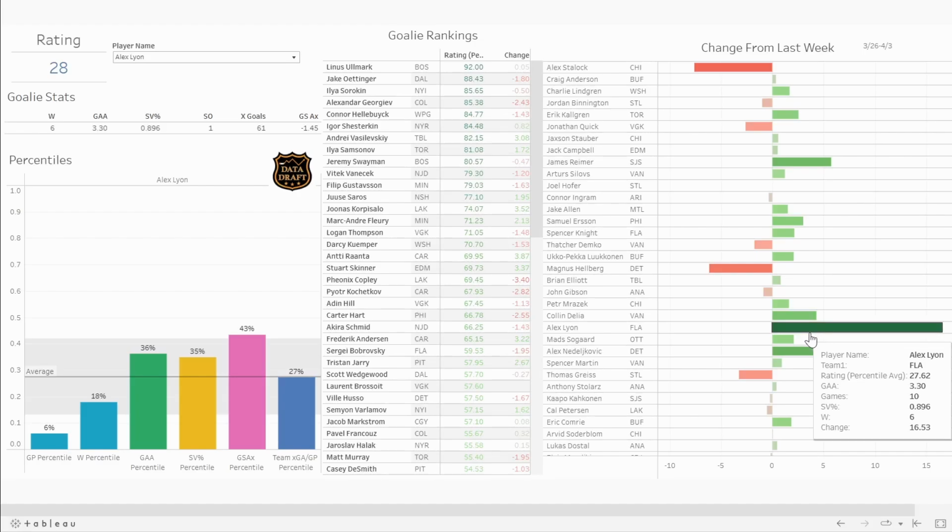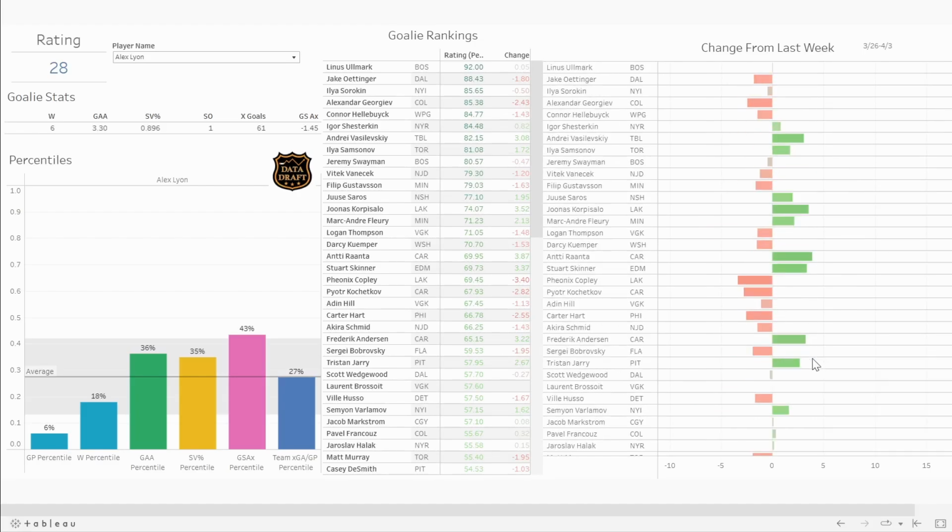He's been incredible this past week, but a number of other guys are performing well, and some other guys are starting to drop off. Phoenix Copley has sort of lost the net a little bit in LA. He did get a couple of starts, but it seems like they're going to try to ride Korpisalo as we head towards the playoffs. That could be interesting if you own Copley. I believe they only have 5 games this week, so that could be something that you might have to drop him if he's only going to get 1 or 2 starts this week and you need some volume. But that is worth noting because if you have